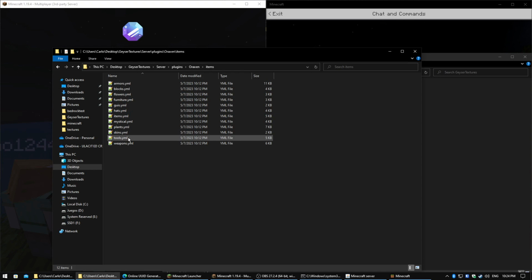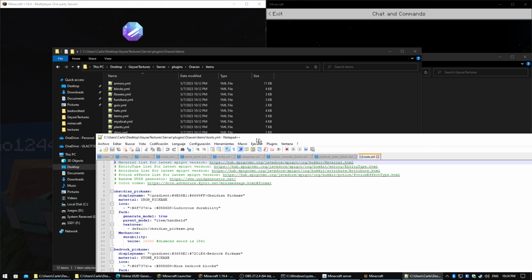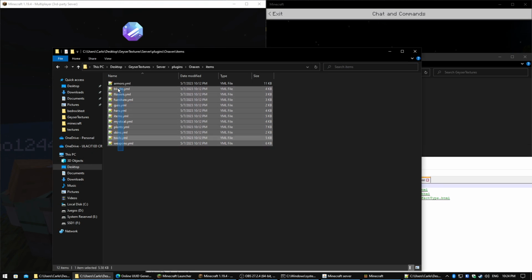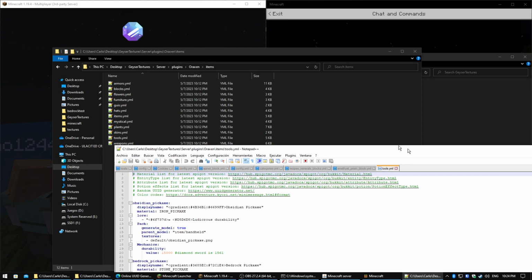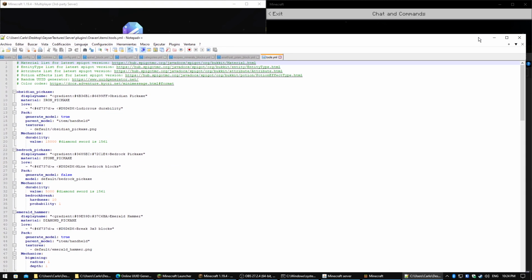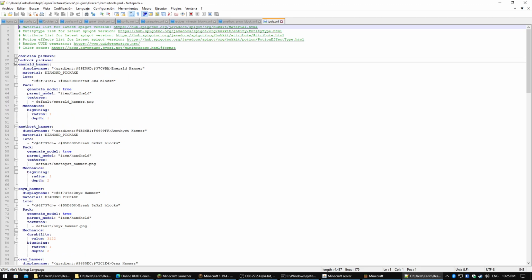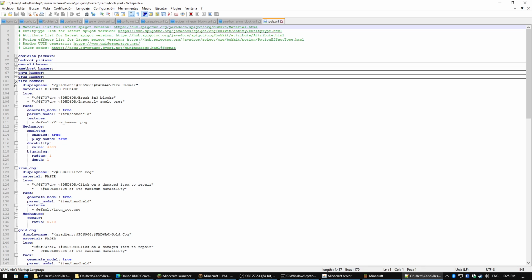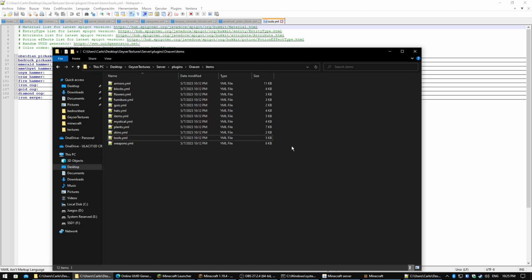We're going to start with the tools. So we go to the tools file. Of course, you can use whatever file you have. If you want to create a new file for your tools, you can do that as well. But for the purpose of this video, I'm going to use the default tools file that we have here. Okay, first of all, we're going to add all the